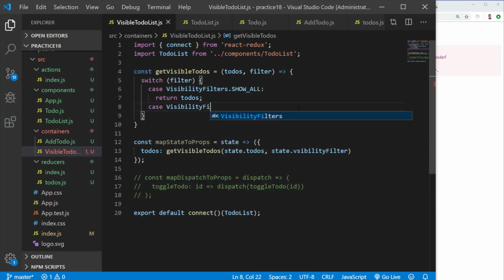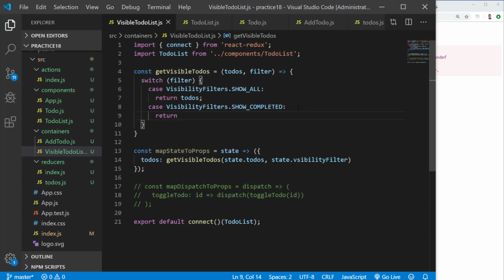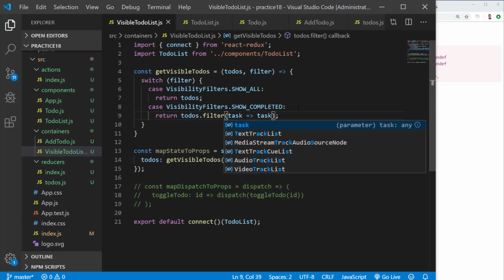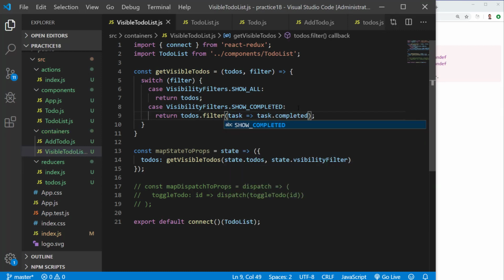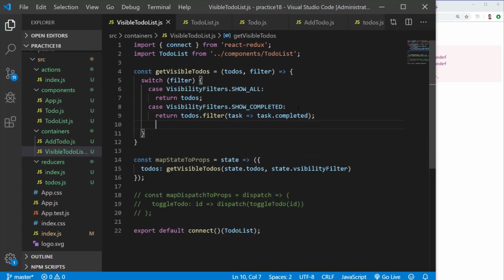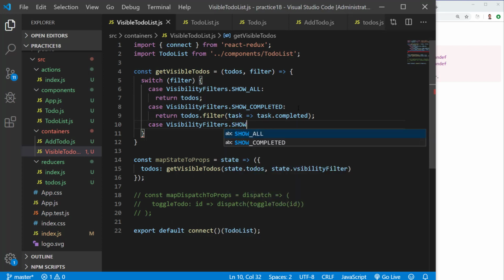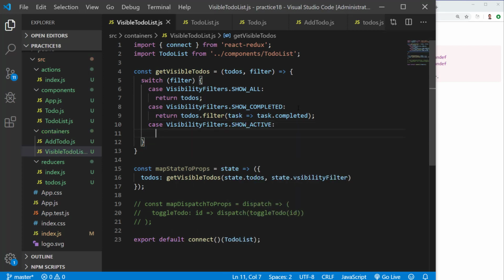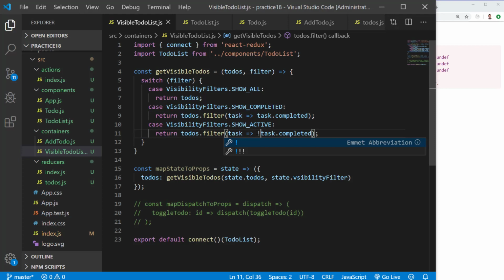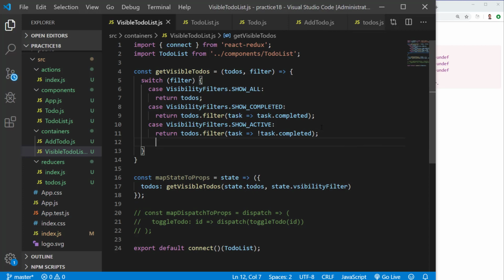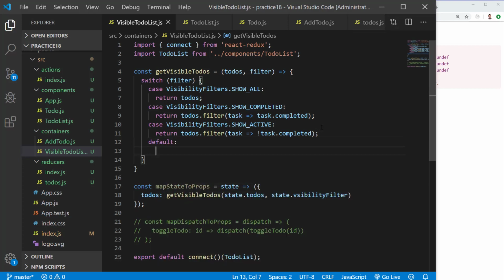Case visibility filters show completed is equal to return to-dos filter, where task is equal to task completed. Case visibility filters dot show active. Then we want to do the opposite, so copy and paste this and do that. And then default